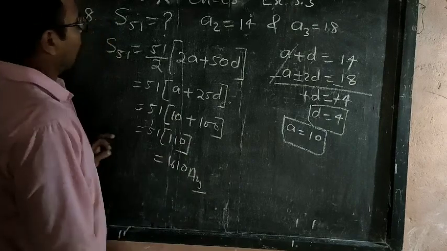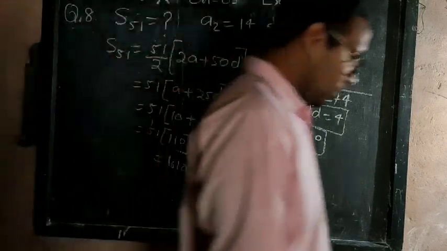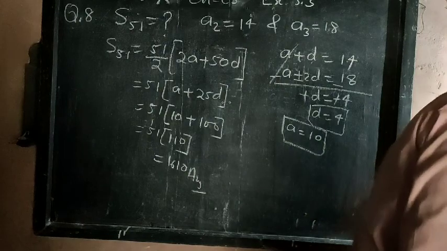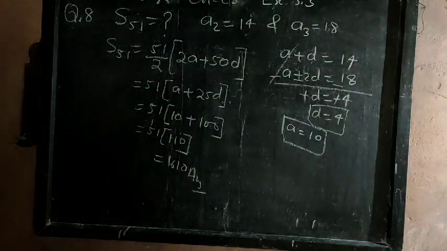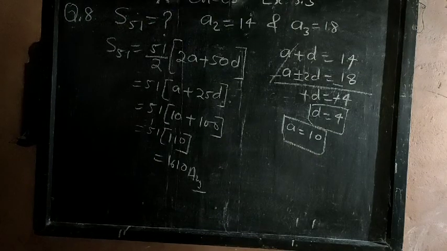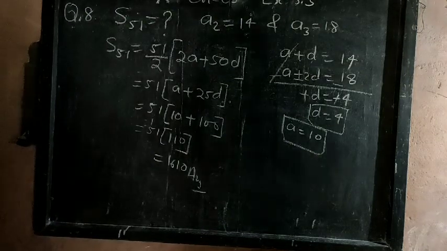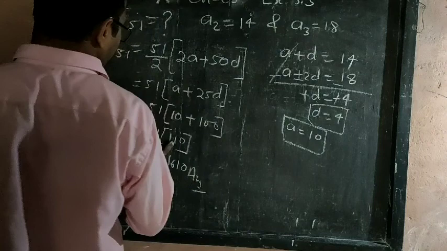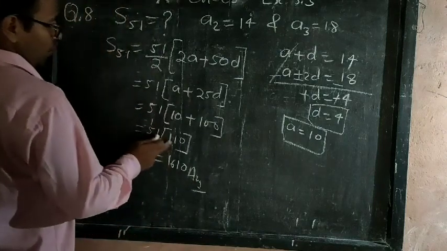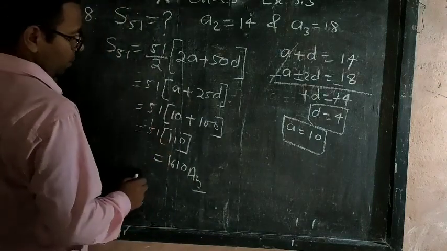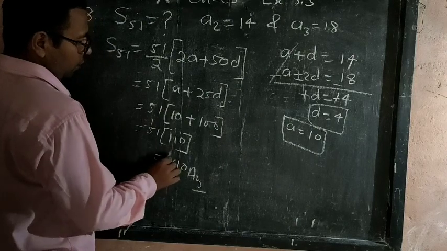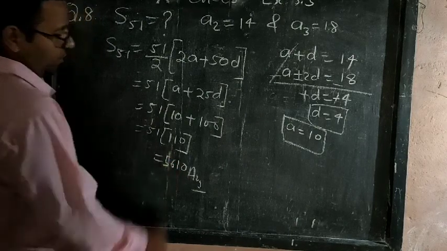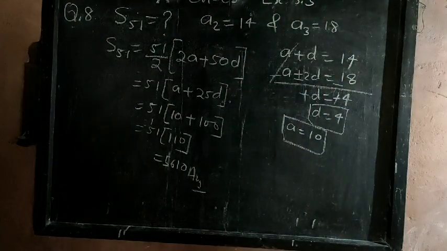I hope you have understood this one also. Very simple question it was. So now we will proceed here. Next questions. Students, you will get here 5, because 11 1 the 11, carry 1, 11 5s are 55, 55 plus 1, how much will you get here? That means 56. So you will get here 56, 5610, this much is our answer. So now we will proceed here to the next questions.